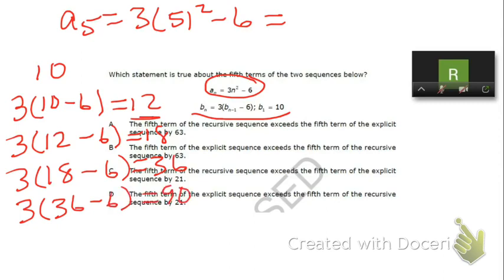So this is the first term, second, third, fourth, fifth. So this is the 5th one. If you find this 5th one, what you need to do is tell me what happens. And I'll just tell you right now, this one is the 5th term of the recursive sequence. So recursive,